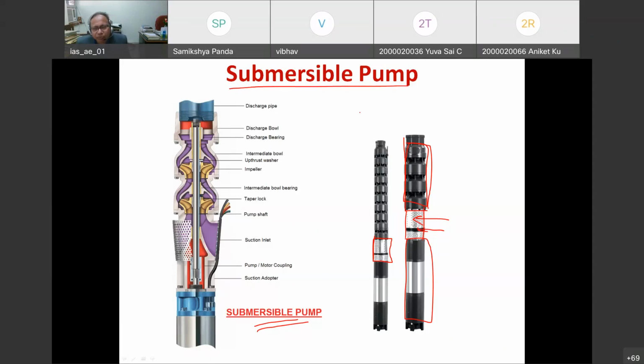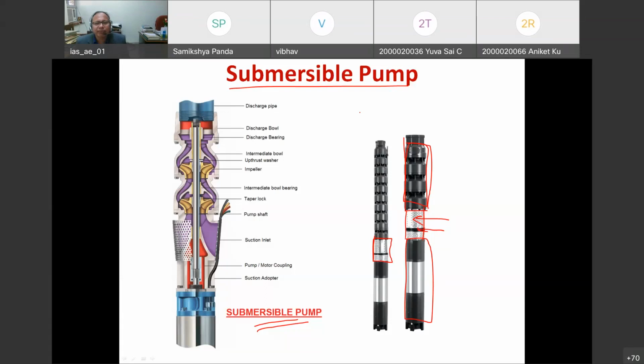So this pump is very suitable. Earlier, people used mostly centrifugal pumps in the agricultural sector, but nowadays they are shifting from centrifugal to submersible pumps because of the lowering in the water table. There is a limitation that a centrifugal pump has a suction lift of not more than 7 to 8 meters, 25 feet, not more than that. So that's why